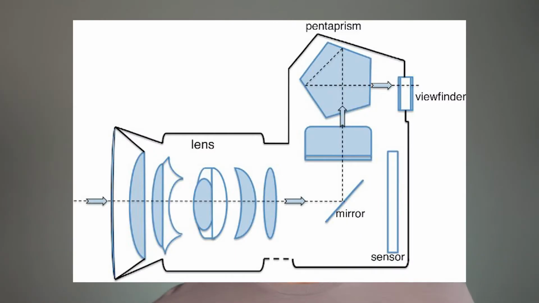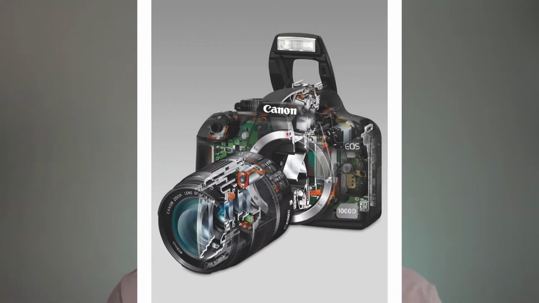To quickly show you what's going on inside of a DSLR camera, you have a lens which lets light through, which then hits a little mirror on the inside, which then reflects that up to another mirror and out of your viewfinder. That is how you see the image through that little hole in your camera of what you're actually taking a picture of. Now, this is called an optical viewfinder because you are making use of mirrors and not technology.